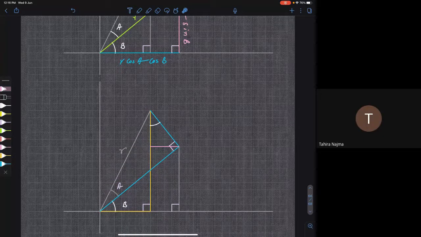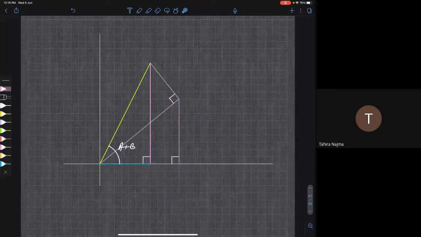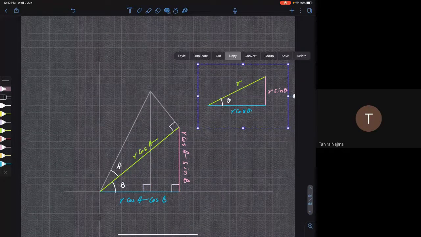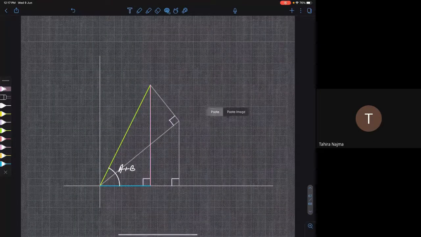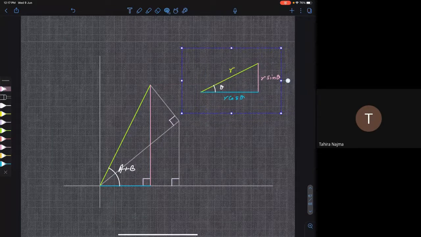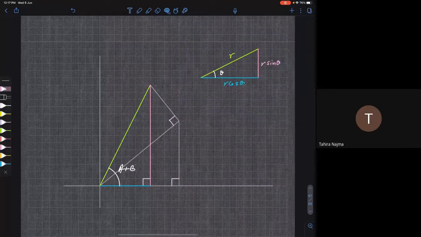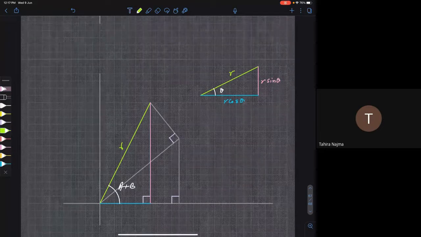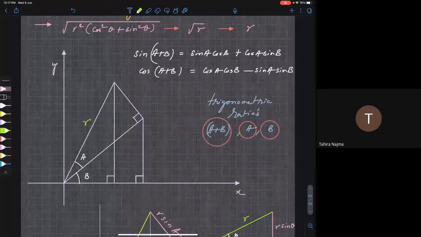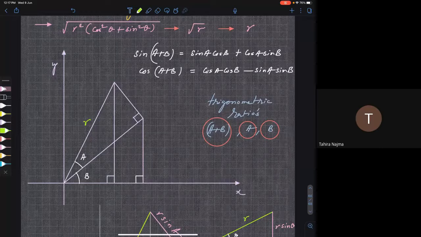So let me just write it down here. This is the triangle we are worried about, right? Now, according to this diagram, I'll copy this again, so this is useful again and again. After a few days, you should be able to tell directly without seeing the diagram. Now it is new, that's why I am drawing it again and again. This was originally R. Remember that first side. This side is R, so that side is also R.